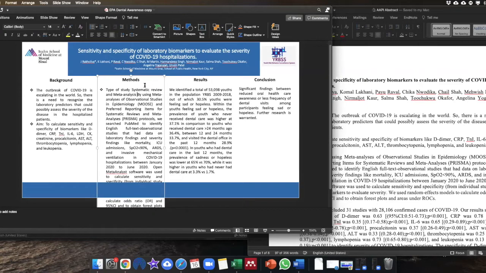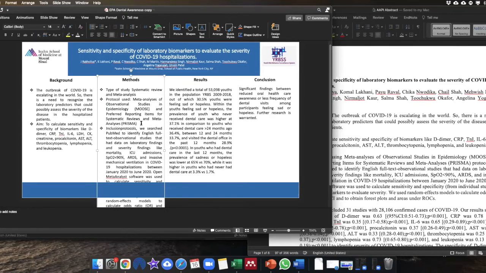Okay, protocol used: Moose and Prisma. Okay,